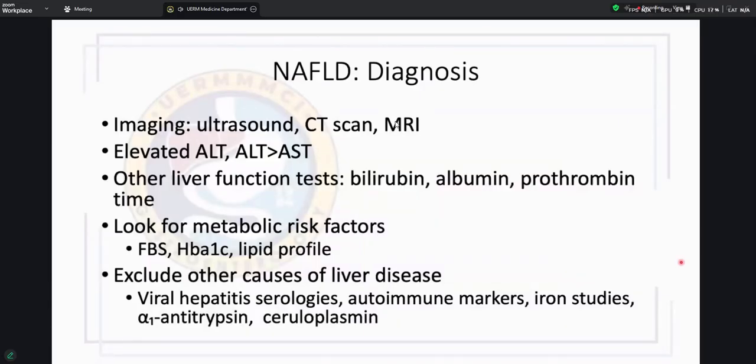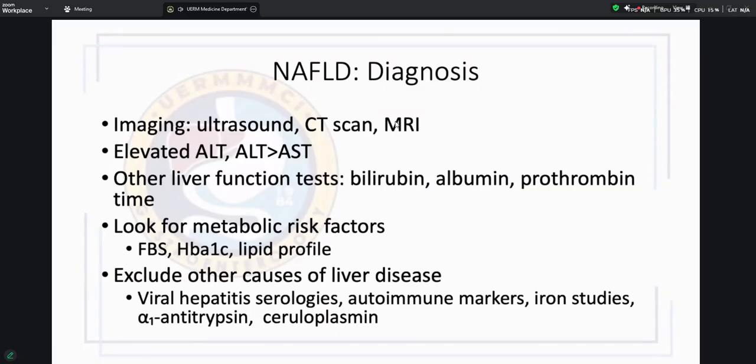Diagnosing NAFLD requires demonstration of increased liver fat in the absence of other factors like significant alcohol consumption. This can be done by imaging, with ultrasound being the first line. On ultrasound, there is increased echogenicity, or what you call the bright liver, which suggests fat deposition. CT and MRI can also detect fatty liver, but these would be costly if you are just trying to check for fatty liver. In fatty liver or in NAFLD, the ALT is usually higher than the AST, unlike in alcohol-related